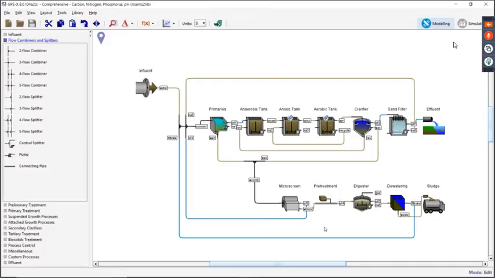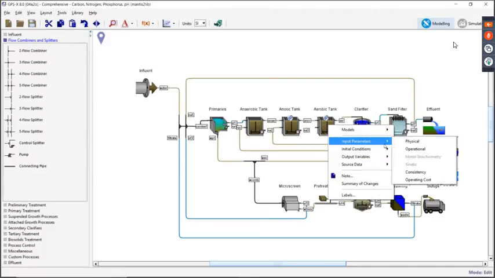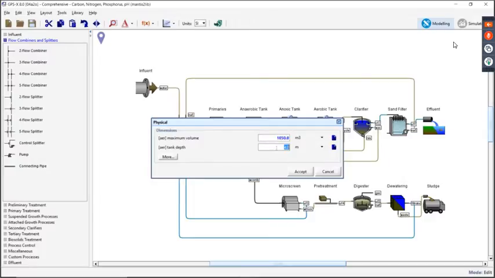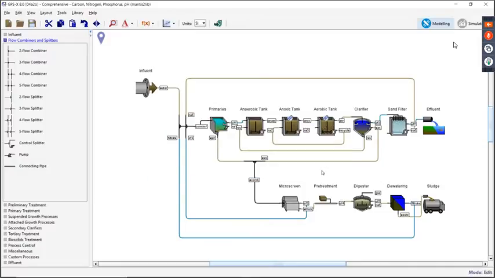Normally you'll know that when you open up a GPSX menu, any place that you've made a change away from the default GPSX value, like here we've changed the actual volume of this tank from the default of 1,000, shows up in blue, and if you've changed it in a scenario, it shows up in green. But now what we've done is taken all of that information and put it in one menu.